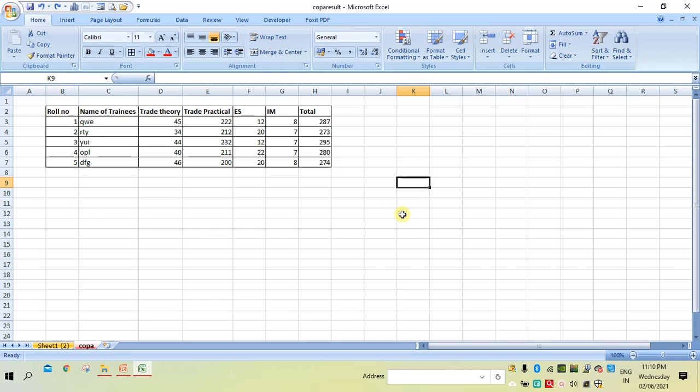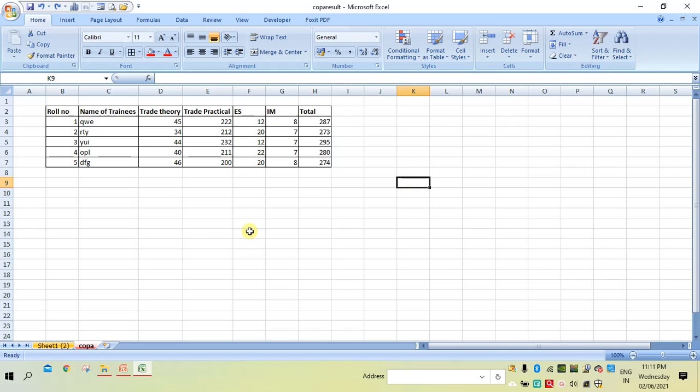The cell address is formed where the intersection of column and row takes place. For example, K column 9th row, that is K9, is the cell address of this cell.